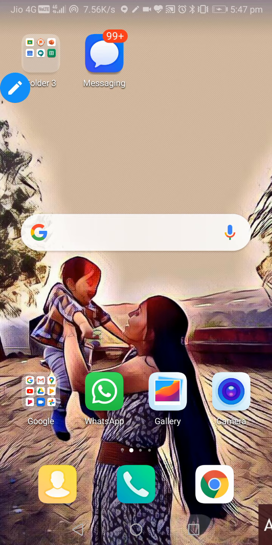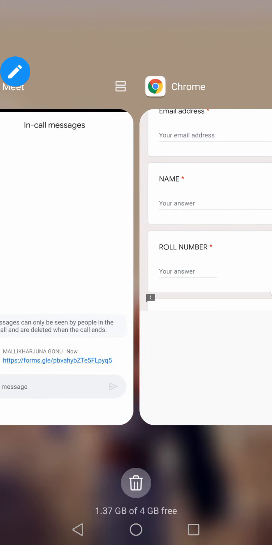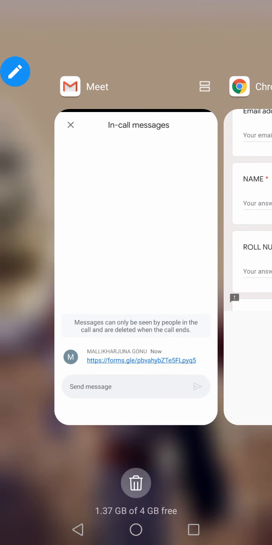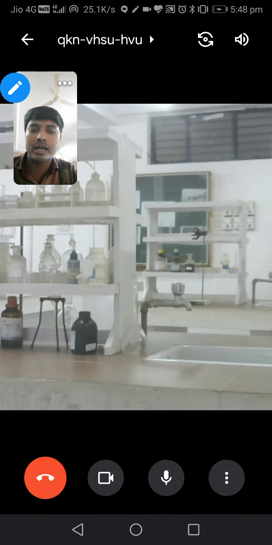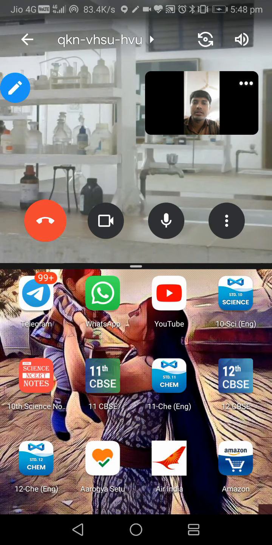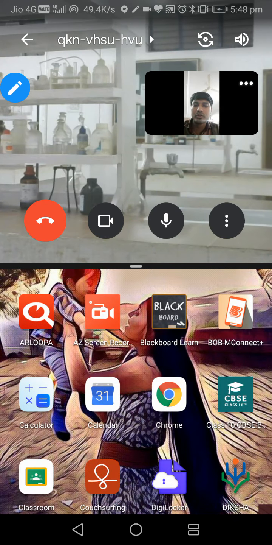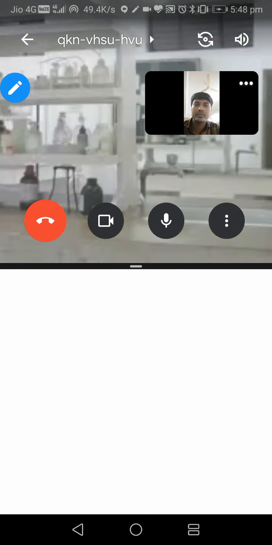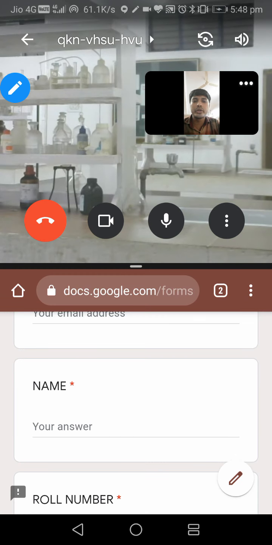Then once again you have to click on the tab. Then you have to open once again the split screen option. Okay, I am pressing long back, so that is splitting. Once again what I will do, I will go to Google Chrome and I will open. So this is how you are going to attend the examination this time. That's how you will be monitored.